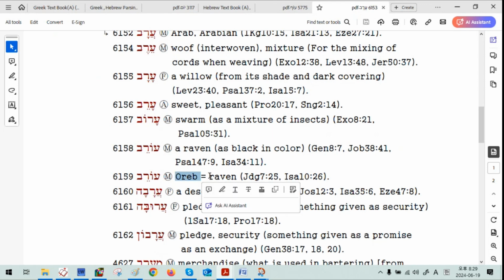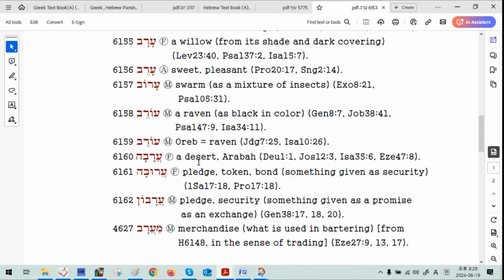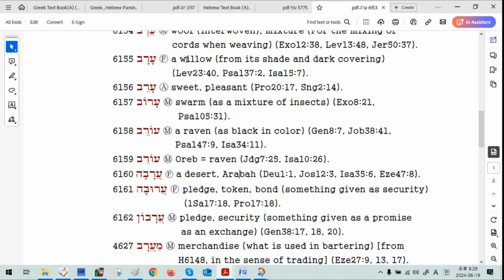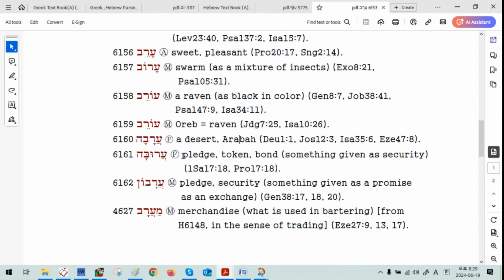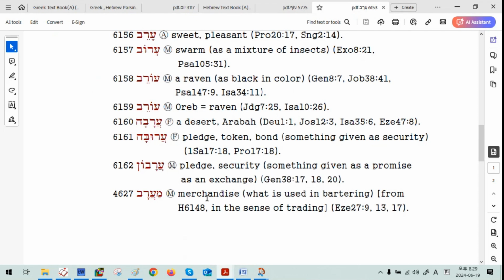And then Oreb is the raven. And then Araba is the desert. Desert, Araba. Same thing we see up there, right? Arabian, right? And then Aruba is the pledge. We saw that. And then Arabon is the pledge, security. And then Me'arab is the merchandise